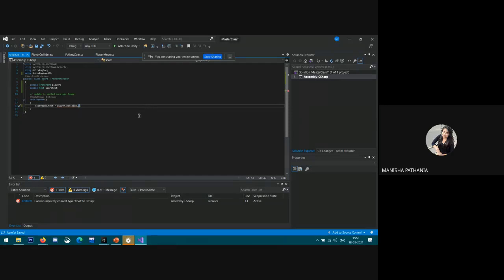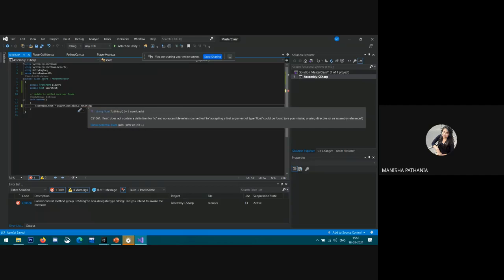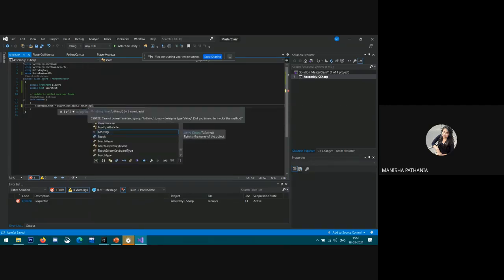So now it is giving an error because we need to convert it into string. So we need to convert this text into string. For that purpose we need to write here player.position.z.ToString. This is the function that is used to convert it into string.